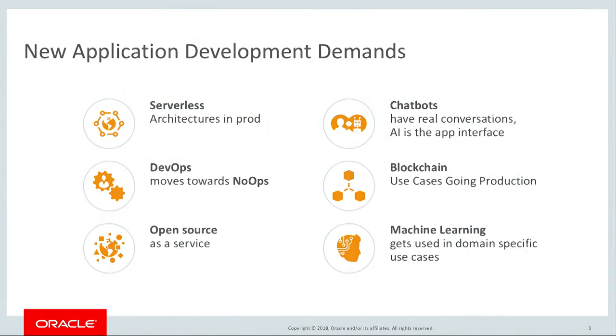But anyway, today we're here to talk about blockchain, about serverless functions, and about new application development demands. Serverless is becoming really popular because people want to build applications without needing to pay the whole time for servers being up and running. But that interestingly brings some challenges with it. For example, knowing how to do distributed programming, how to debug across the functions. When you think about chatbots, that's becoming the new interface, a new paradigm in which to engage with your customers. But there, developers have to start thinking about conversational AI, thinking about natural language processing, thinking about state, etc.